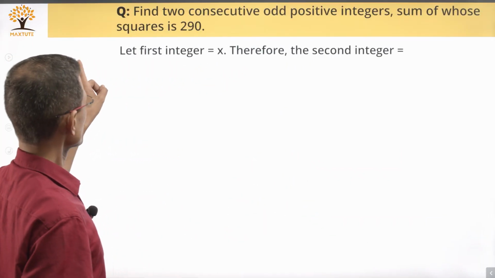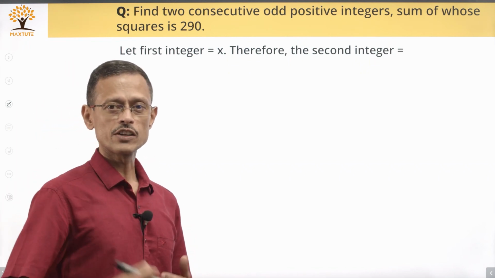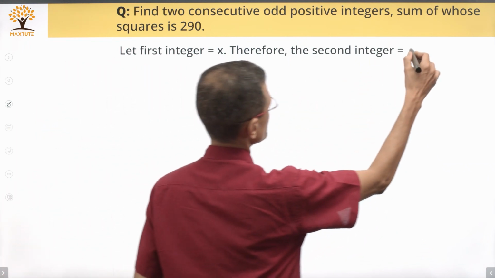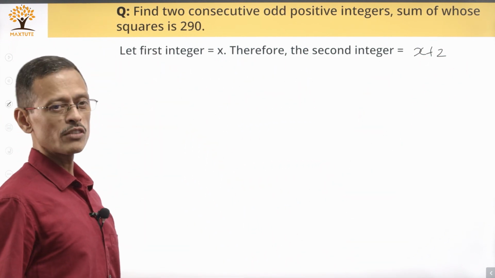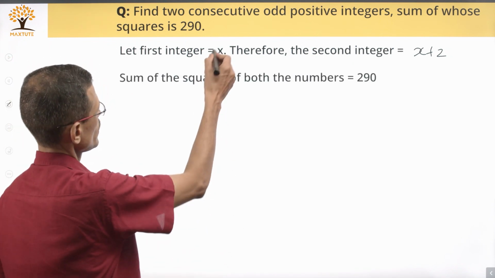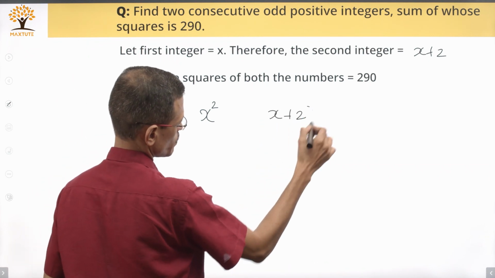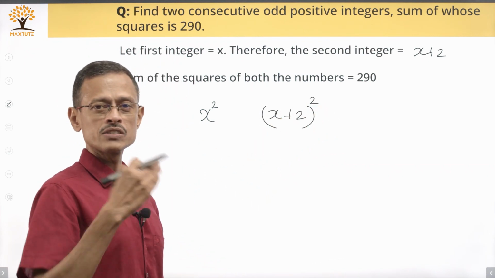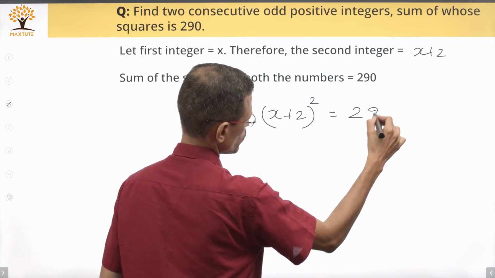Let the first of these integers be equal to x, because these are odd consecutive positive integers. The second one is going to be equal to x plus 2. Now what else do we know? We know that the sum of the squares of these two numbers is equal to 290. Square of the first number is x square. Square of the second number is x plus 2 the whole square. Sum of the squares of these two numbers, x square plus x plus 2 the whole square, is equal to